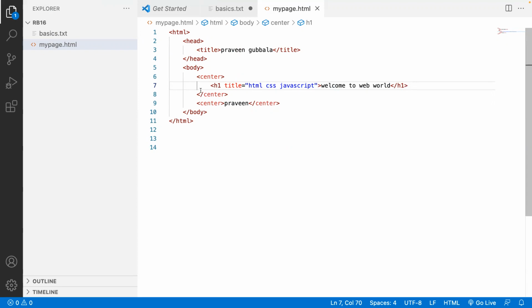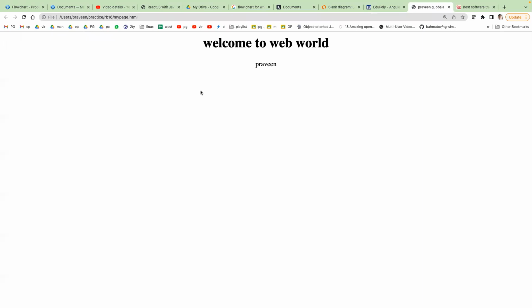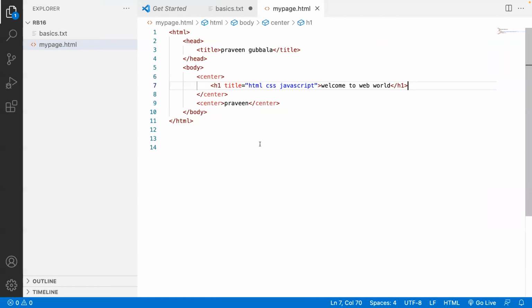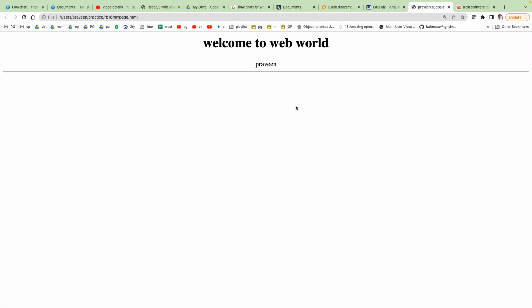So save and refresh the page. Is it clear? If I use an element called HR, which doesn't have a close tag, this kind of element is called an empty element. So save, you will get an HR here, horizontal row.